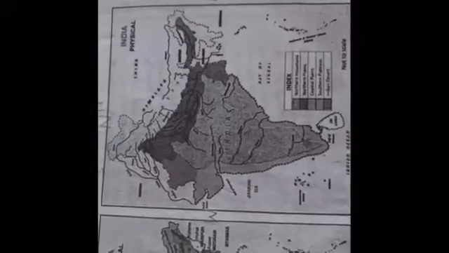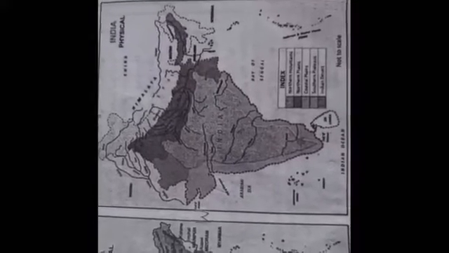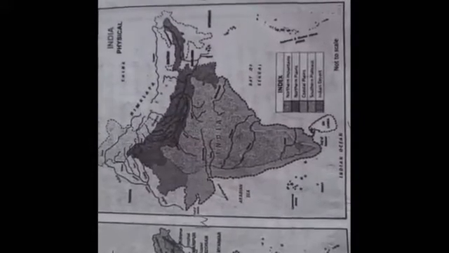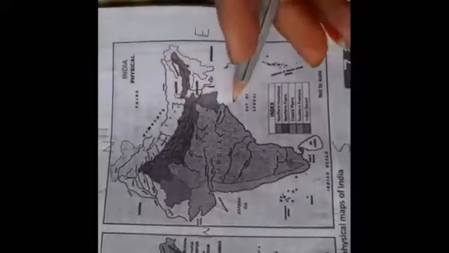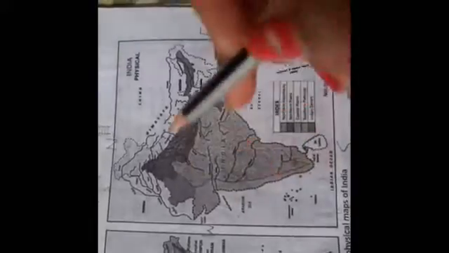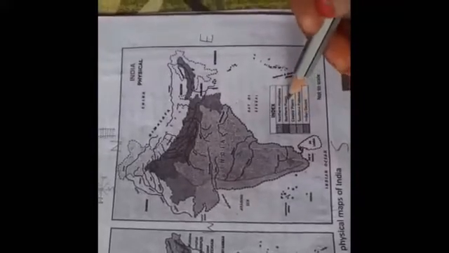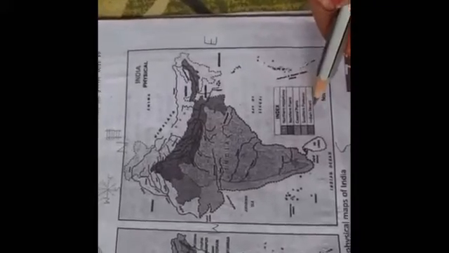Now, how many types of maps are there? There are many types of maps, and the first one is the physical map. A physical map shows the physical features of an area. The landforms and the water bodies can be clearly seen on this map. Land is shown in green and water in blue color on a physical map. As you can see here, this is a physical map of India, and in this diagram you can see northern mountains, northern plains, coastal plains, southern plateaus, and Indian desert.